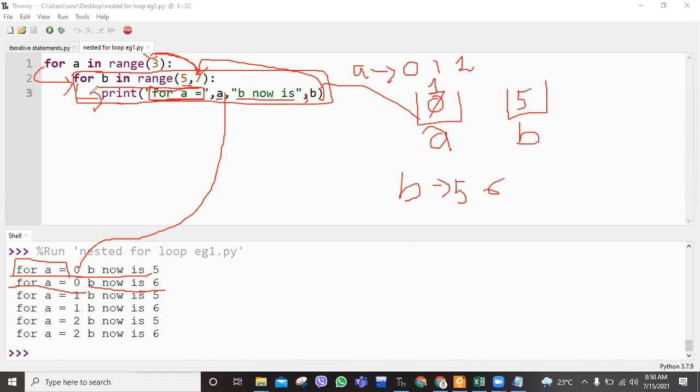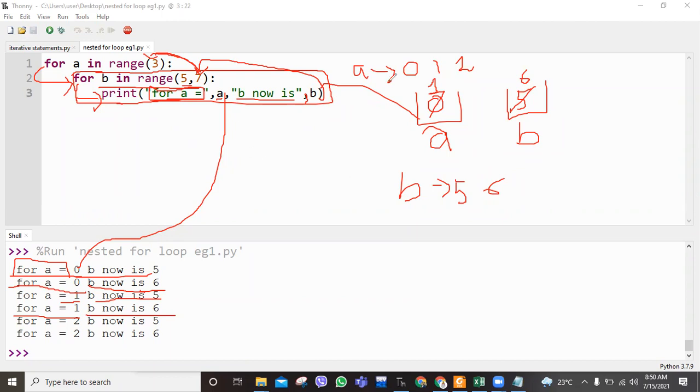And after that, the nested for loop statement prints "for a equals to a". Now the value of a is 1, so it is printing 1. Then "b now is 5". Similarly, again the value of b will be incremented by 1, that is 6, and a remains unchanged. So for a equals to 1 and b now is 6.